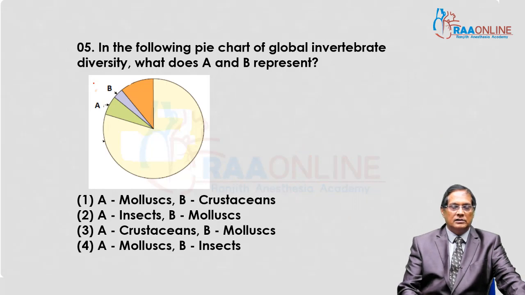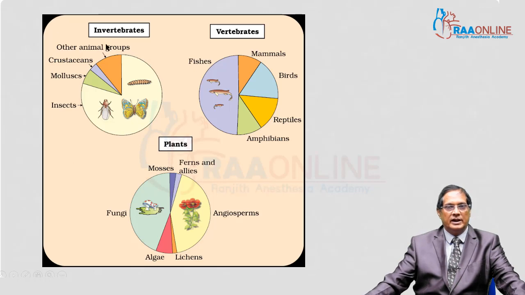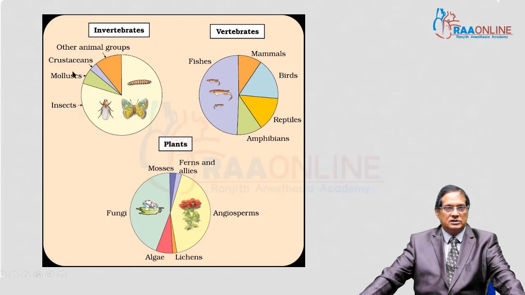This is the chart showing the invertebrate species. In support of this, I have taken the number of charts there. This is for the support and you can check it. These are the pie charts, that is invertebrates, this is vertebrate, and this is for the plant. The source is NCERT. And see this, in invertebrates, maximum